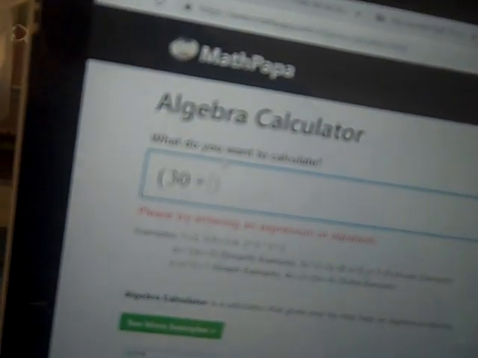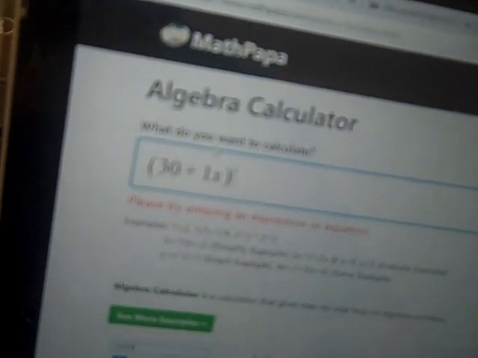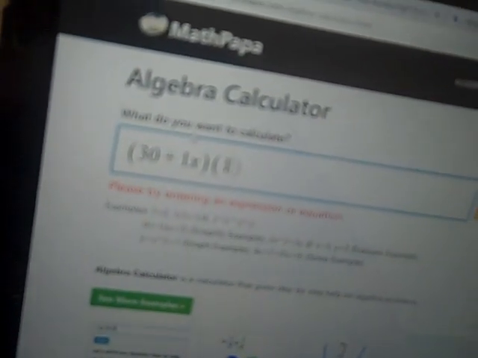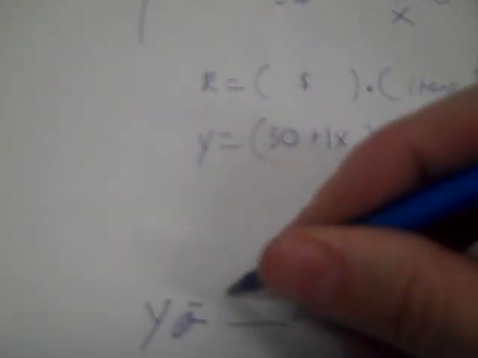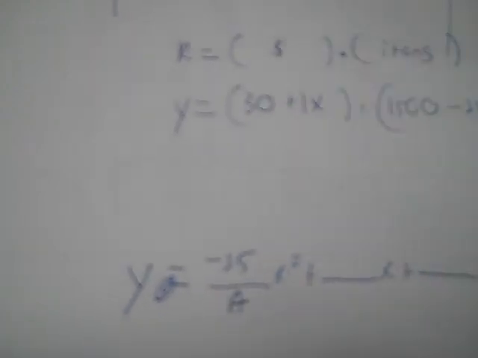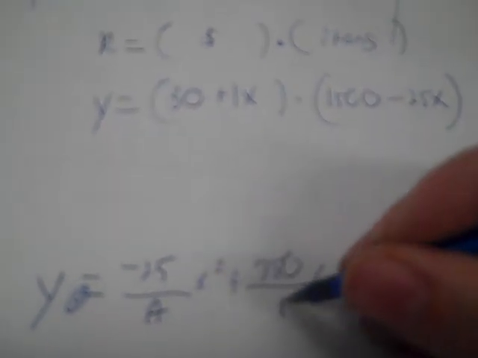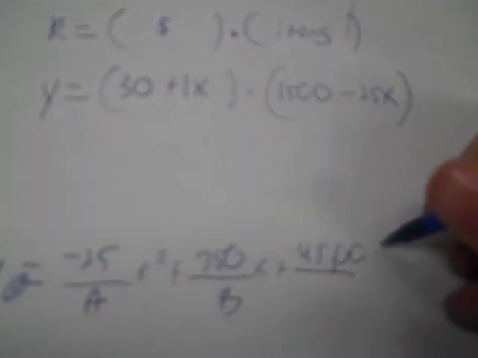30 plus 1x, and then 1,500 minus 25x. And I get negative 25. That's my A. 750 is my B. And 45,000 is my C, but I don't really need my C here, okay? And for those of you who think, oh, he's just being lazy, he doesn't want to do it here, I'll